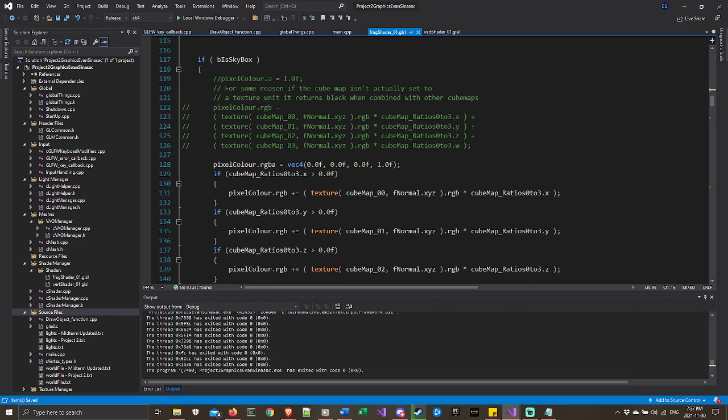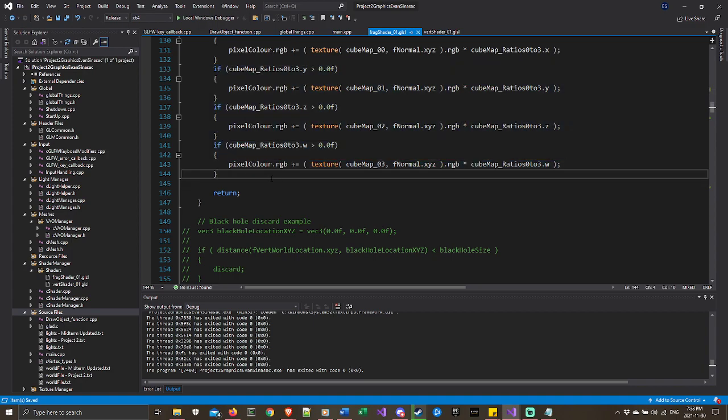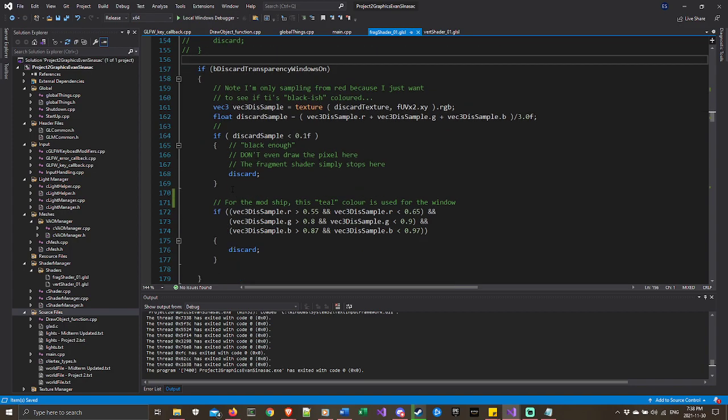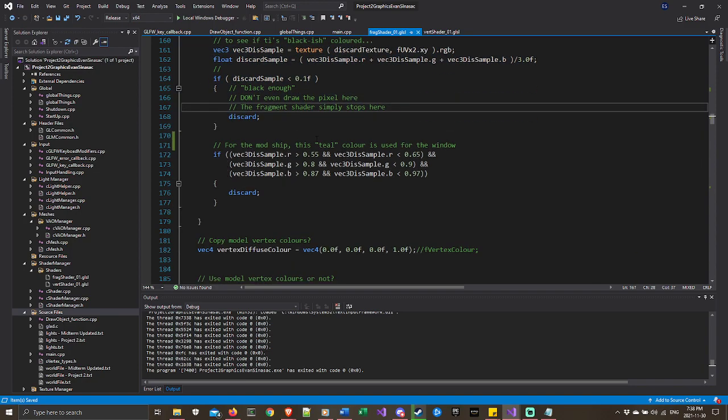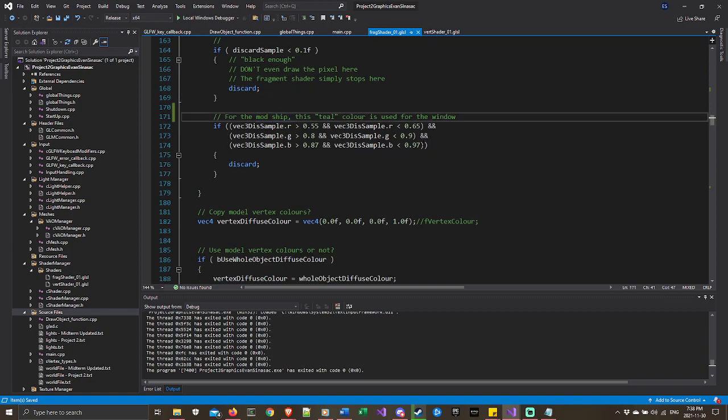So B is skybox stuff, same stuff as in class, but I am using all four. Black hole discard is commented out. So I kept the black discard just to, I am using it for the list shipyard thing, which I will show in the midterm version. But for the mod ship from the ship pack,